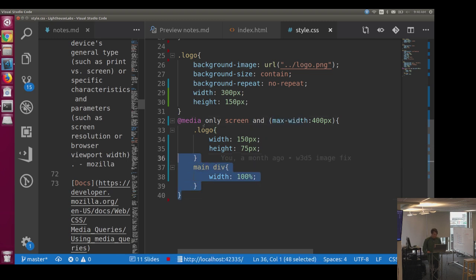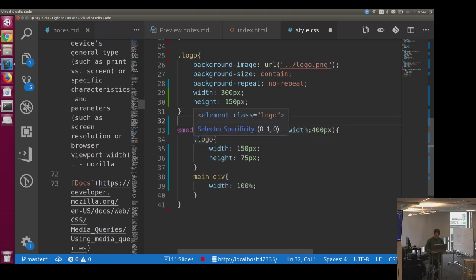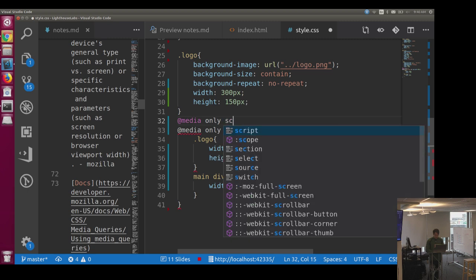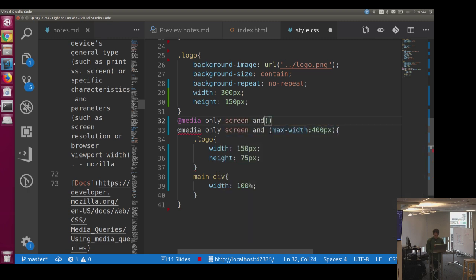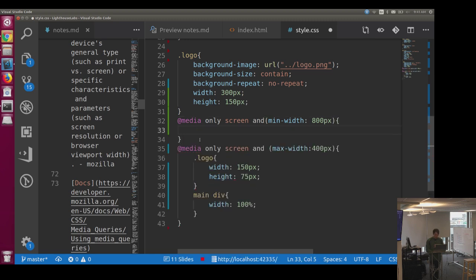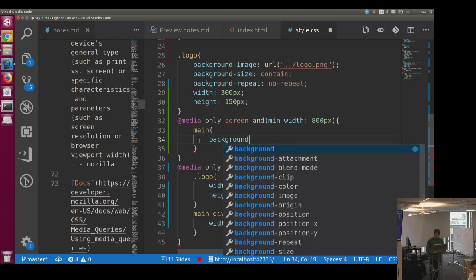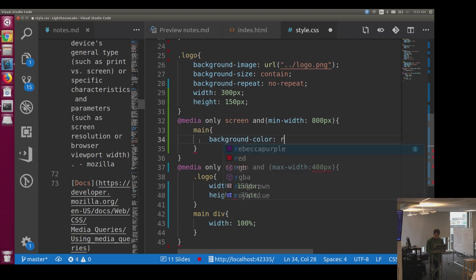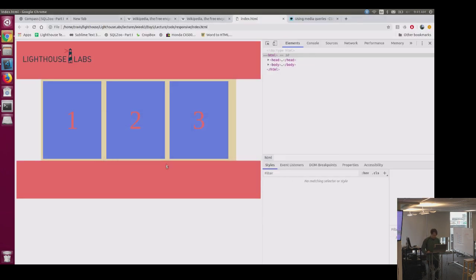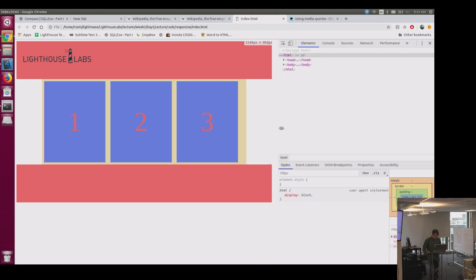We can also do something like @media only screen, and we can go min width if we want a style to be applied on everything above a certain width. So now if I did the main and I refresh it, anytime I get above 800,